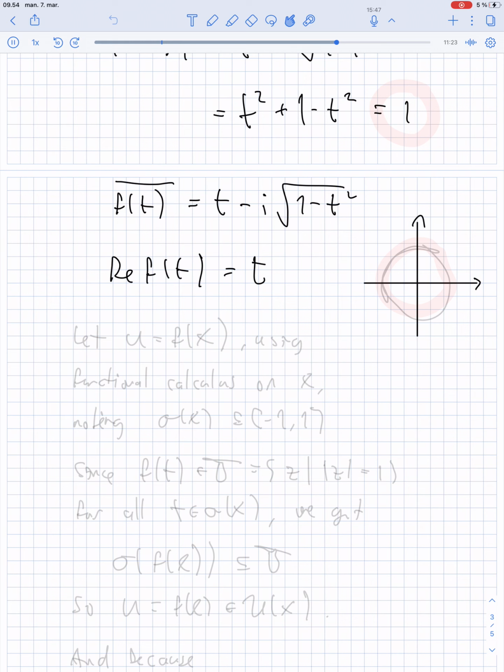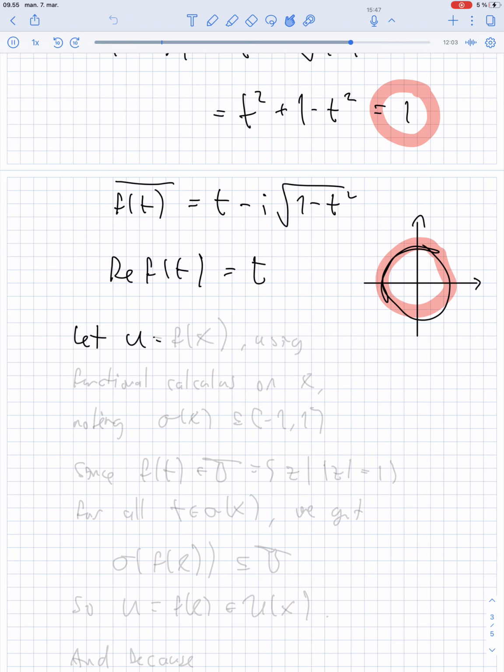the complex plane, and I would like to draw for you the unit circle, right? And then the point is that whatever this function does, it starts at minus 1, where the value is, I think, minus 1, and then it runs around in some way. It's not so important how it does it, but the essential observation here is that, of course, since the absolute value of f of t is 1, all the action takes place on the unit circle, and this is essential here. So I will let